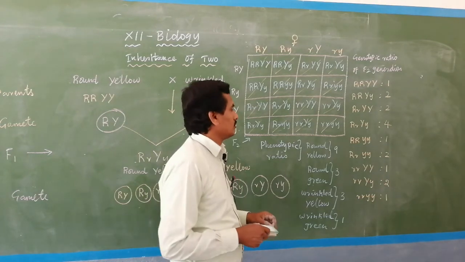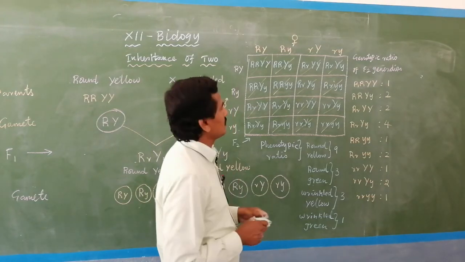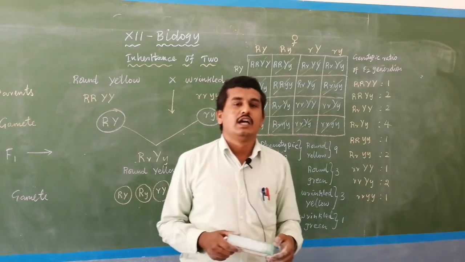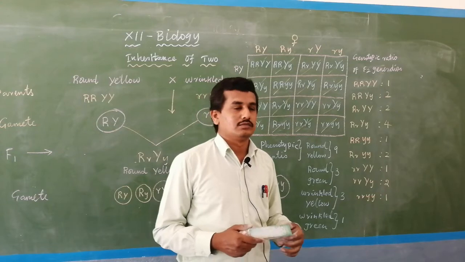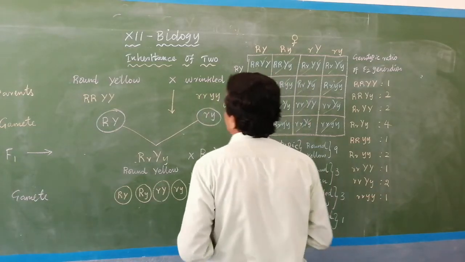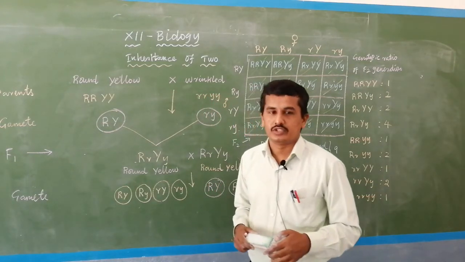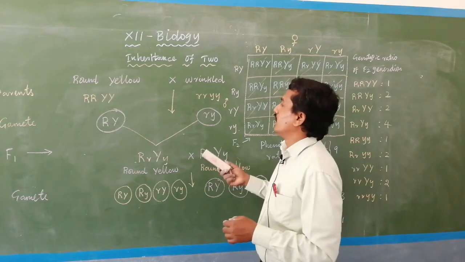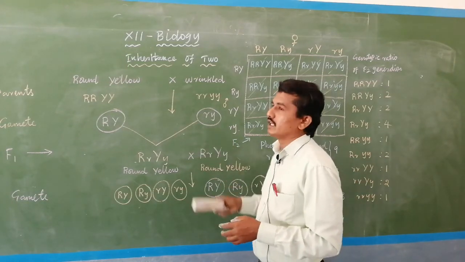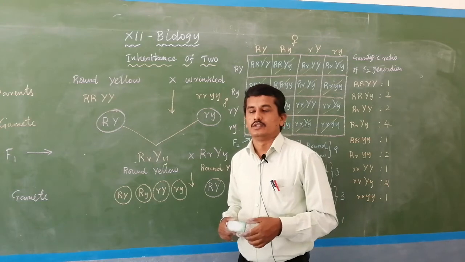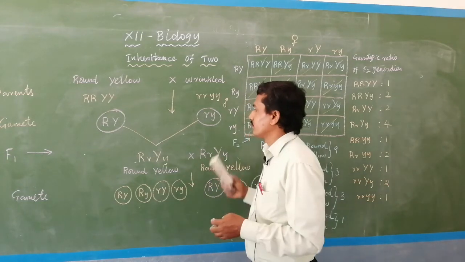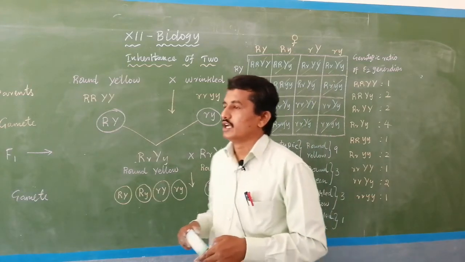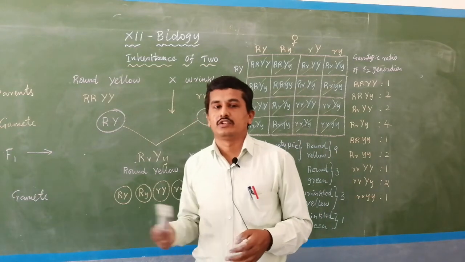Okay. So, this is an important question for your board examination, as well as 1 or 2 questions from your NEET exam also. This is a dihybrid cross, inheritance of 2 genes, with round yellow plants and wrinkled green plants. So, prepare your NCERT, read your NCERT and work out other problems in NCERT also. Okay.